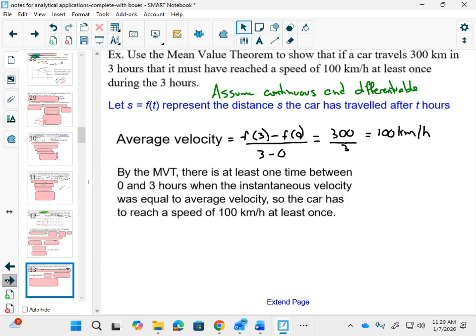Now, if you assume you start from a stopped vehicle and when you reach your destination, you would stop again, does it make sense that it would have to hit 100 at least twice? But if you didn't stop at your destination, you just flew through it, I guess technically you could just keep accelerating until you got there. But it has to happen at least once. I'm going to